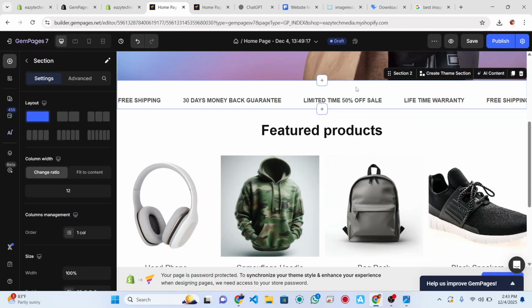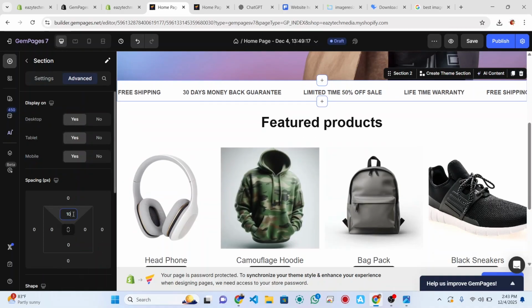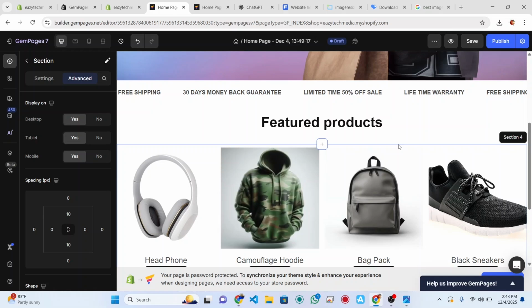Still have space here. Let's see where that is coming from. It's 32 at the top. Let's reduce it to 10. Okay. So depending on your need, you can increase the margin or padding. Just play around and